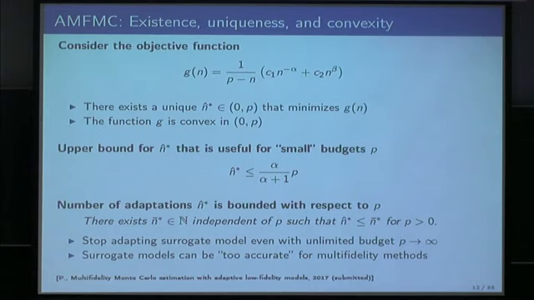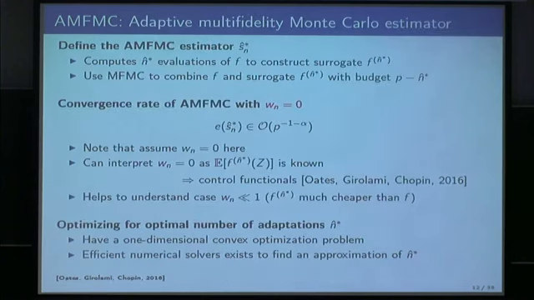And I think this is an interesting result, because it tells us that there exists an n bar star that is independent of the budget that we have available, that upper bounds our n hat star, so that upper bounds the number of evaluations we should spend on the high fidelity model. And this more or less means that even if you have an unlimited budget, at some point you should stop improving your surrogate model and should not improve it forever, but at some point it's better to stop. And we'll see this later on in the numerical results as well. Okay, so this is what we can say on this n hat star.